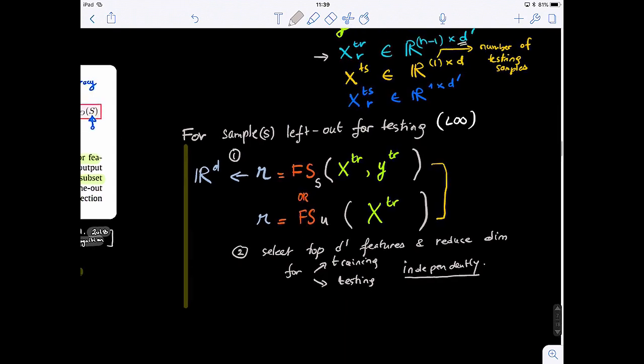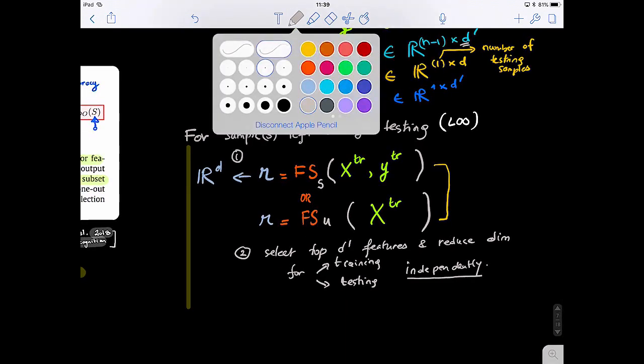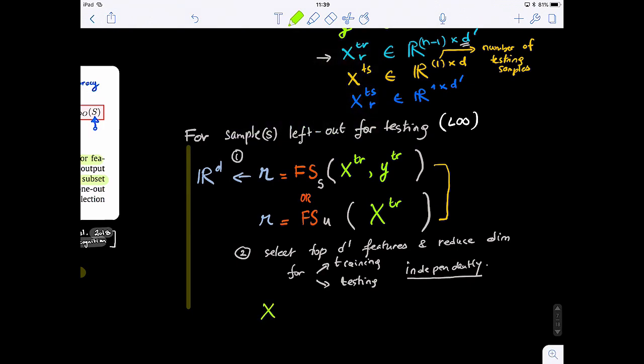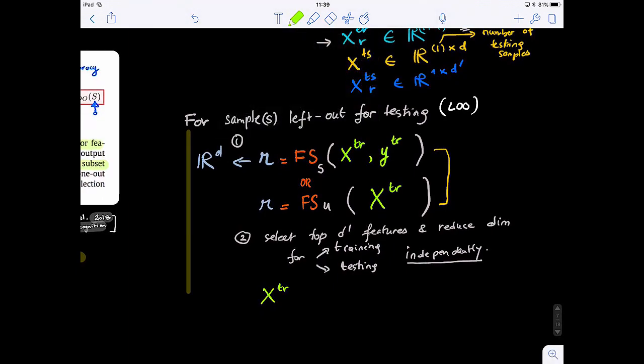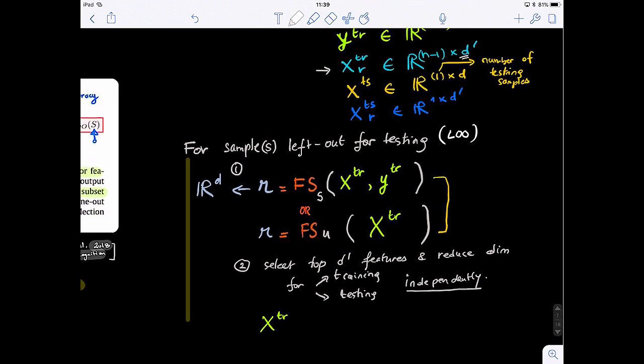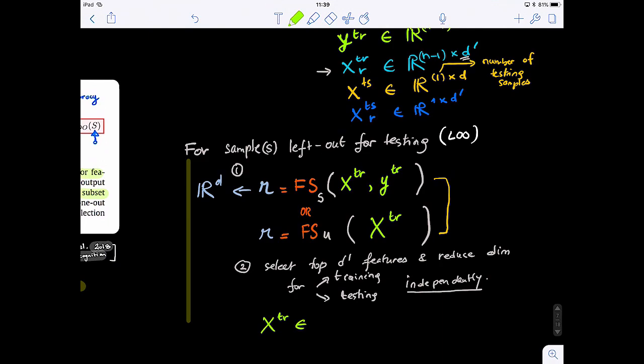So how does this work? We take our, let's say, X_TR, and let me do it step by step. X_TR belongs to, it's better to write the dimensions. So here we have R^(n-1) if we're doing leave one out, times d, and then we're going to reduce it to the X reduced training, which belongs to R^(n-1) samples times d prime. So this means that